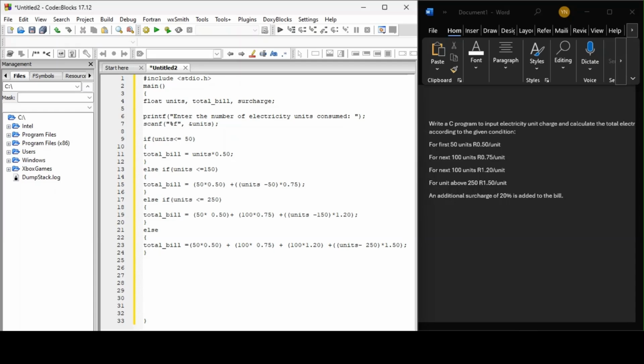It's actually like this, but this is not the end. There's this now. It says an additional surcharge of 20% is added to the bill. So whatever the bill is, if the condition that was satisfied in here was this or this or this, whatever that total bill is, it can be this one, this one, this one, or this one, whatever it is. You will say now surcharge,